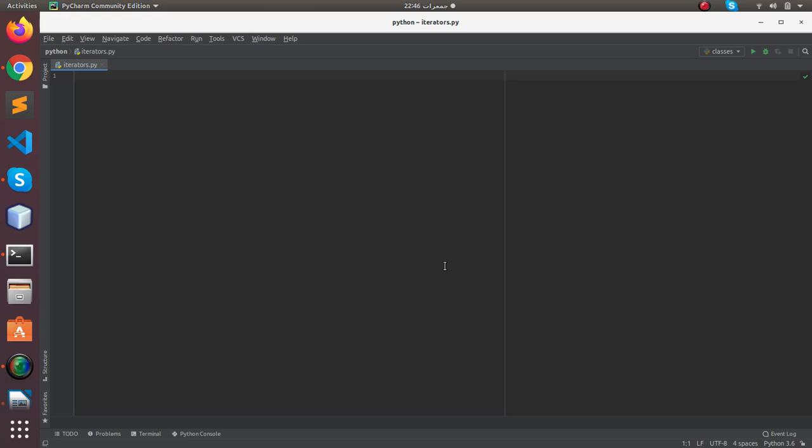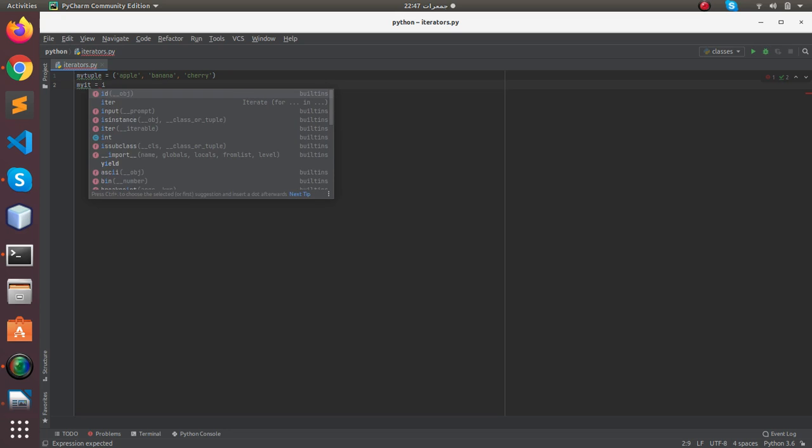Okay, let's see an example of a tuple and how to extract an iterator on a tuple. So first of all, let's define a tuple. my_tuple equals apple, banana and cherry. Let's create an iterator from my_tuple,